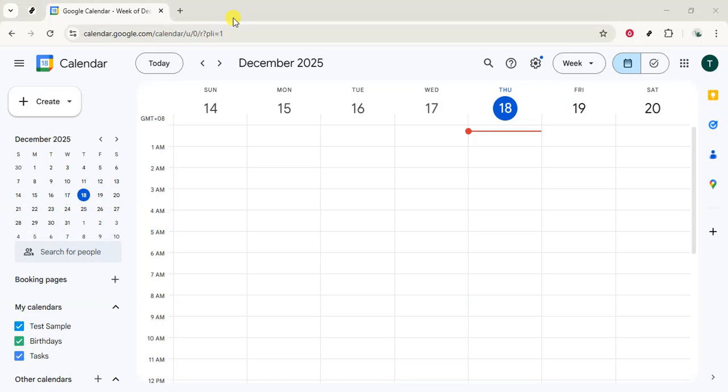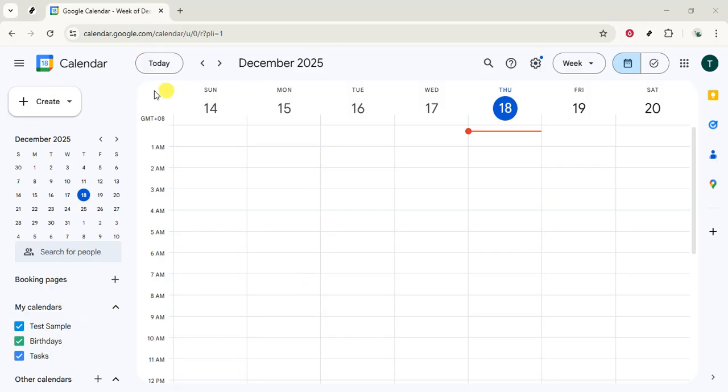In today's video, I'm going to teach you how to make Google Tasks notify you. If you've ever missed an important to-do because it didn't ping you at the right time, this quick setup will make a big difference. We're going to use Google Calendar's notification settings because tasks and reminders surface there and use